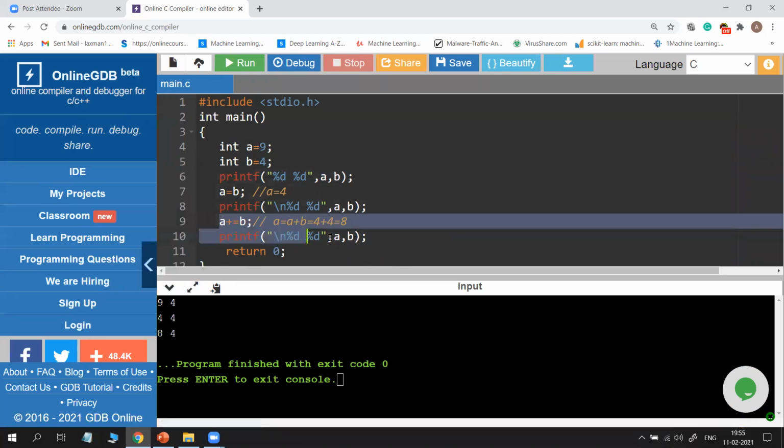In a similar way, I will apply all the shorthand operators. You observe one thing. In the above statement, A is equal to 4. That 4 value is continued here. B is not changed. So here 4, that 4 plus B. Similarly, if you update A again, now A becomes 8. So if you write one more statement, then it will take the value 8.